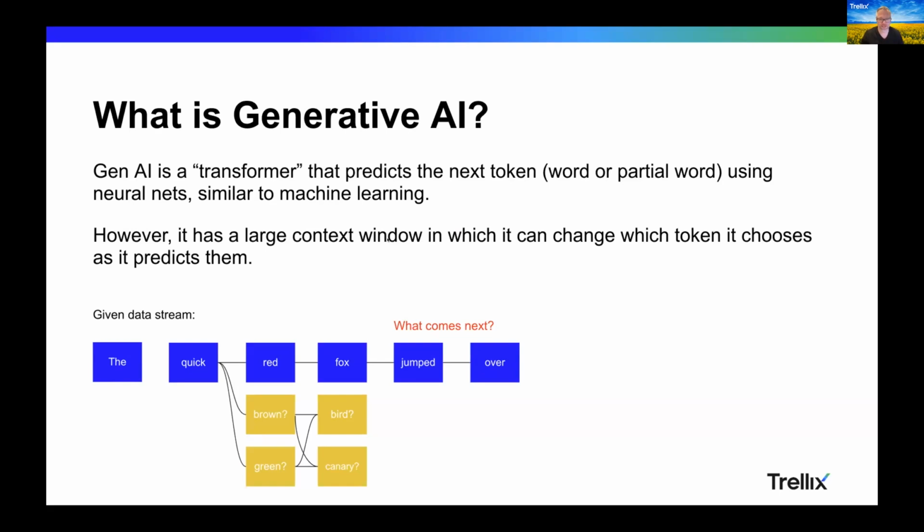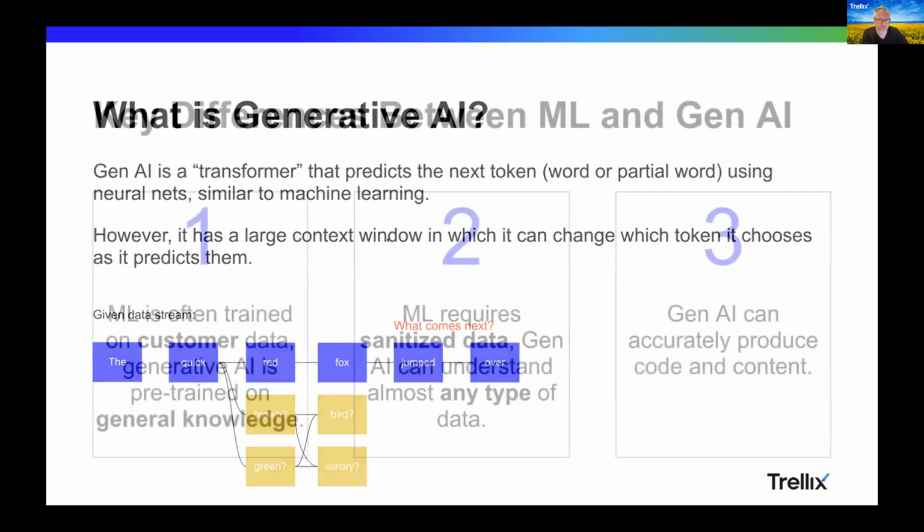And you need a PhD to really get into a lot of this. But the upshot is that instead of thinking in terms of numbers, it's going to think in terms of words or tokens, and it can sort of edit as it goes. So it may think, okay, I'll do quick brown bird, but then it'll back up and say, no, I want to do quick red fox. And so that's one of the biggest differences, that it knows how to revise what it's working on as it does it. And that's what gives it the ability to create content that's far beyond just simple predictions.